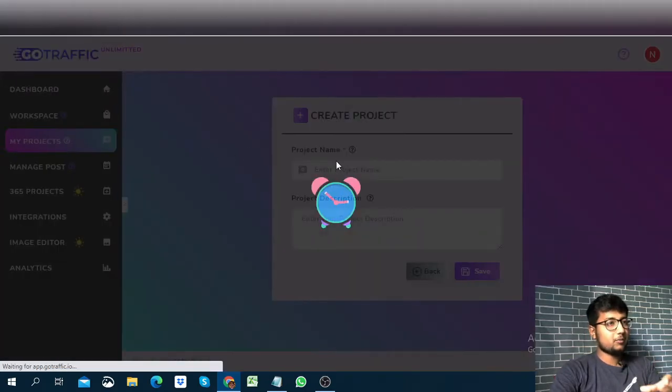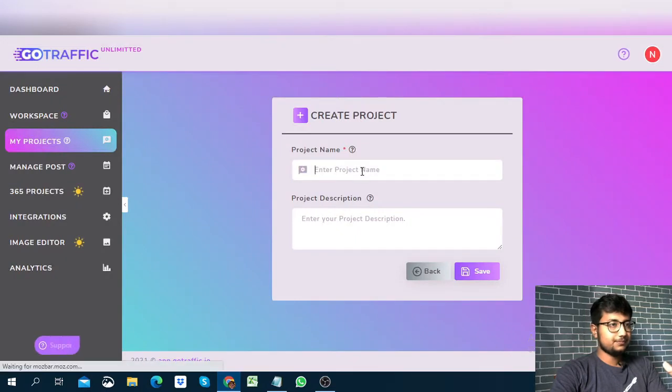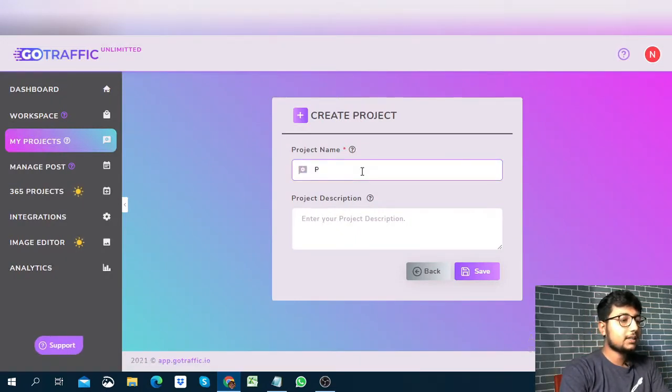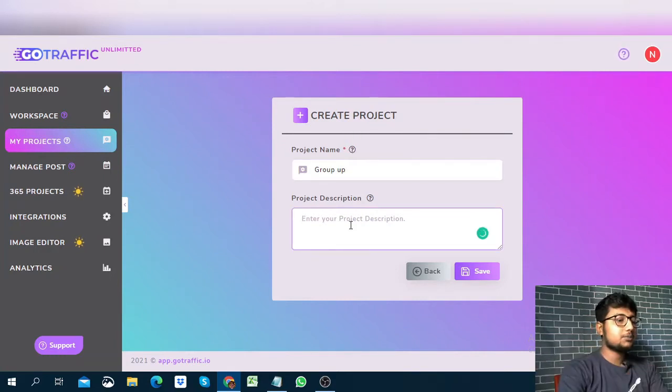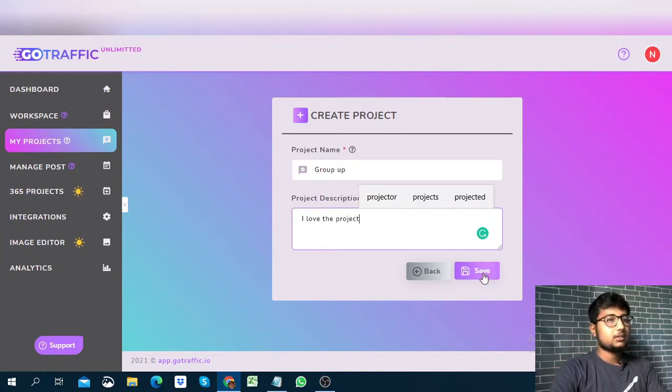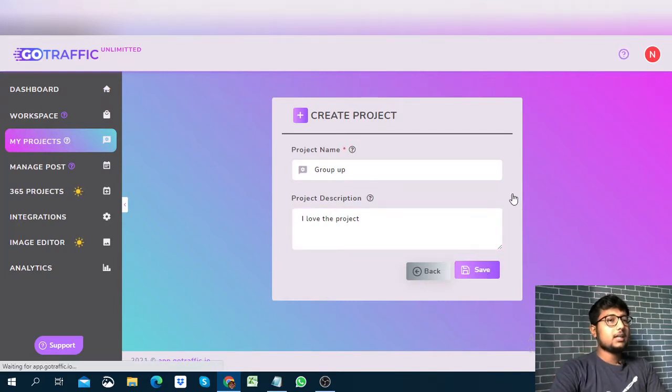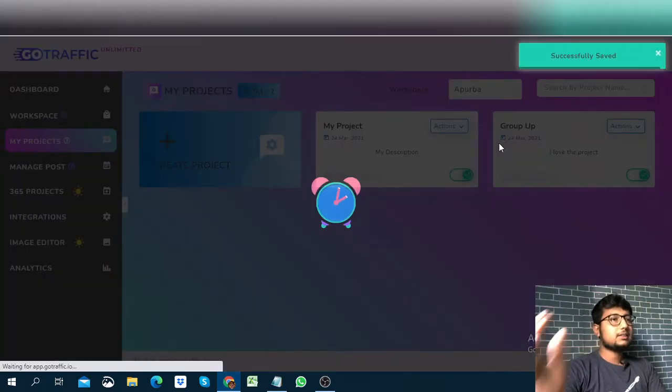You have to give a name for your project, like group post. Group up the project name, and you can give a description. Save, and now you can select every photo or text.